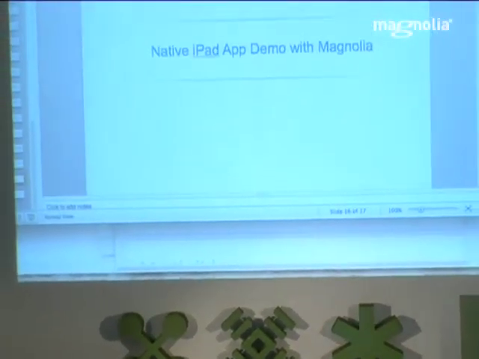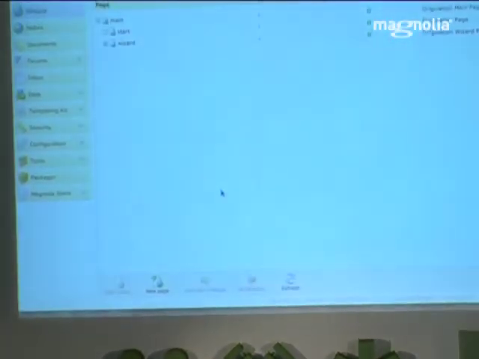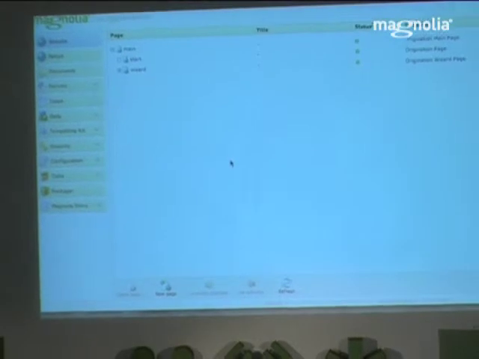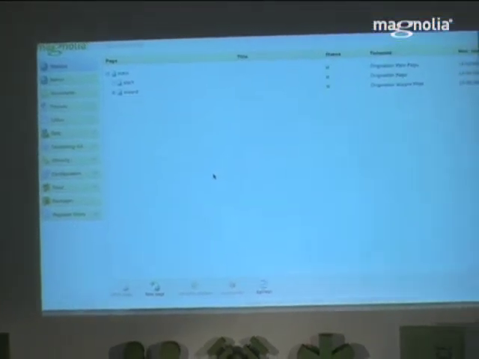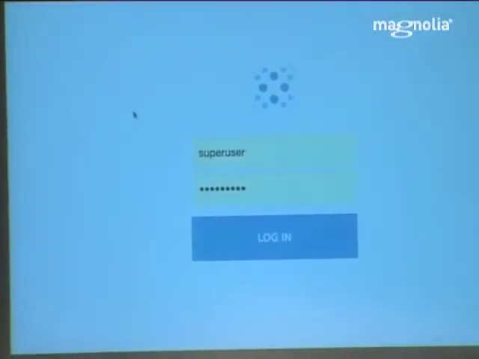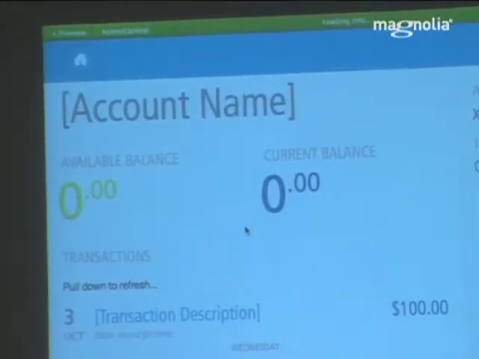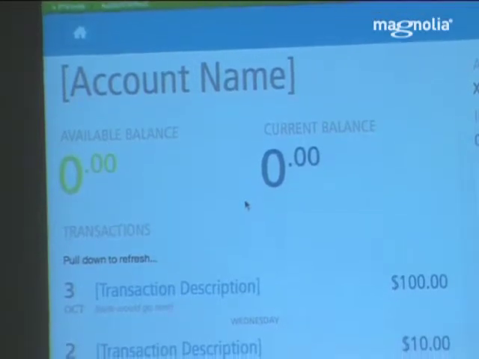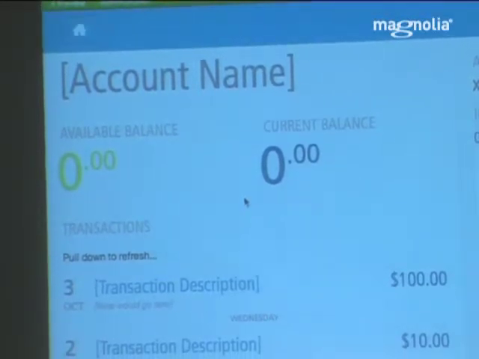Okay, so here I have a Magnolia console, and it defaulted to the website. And if you notice here on the left-hand side, we have the native tree defined also. And we only have 3 pages on it, and I'll show you what the pages would look like. So if I double-click on the login page, it's just a simple login, if you will. We also have basically an accounts list page where we retrieve your accounts and